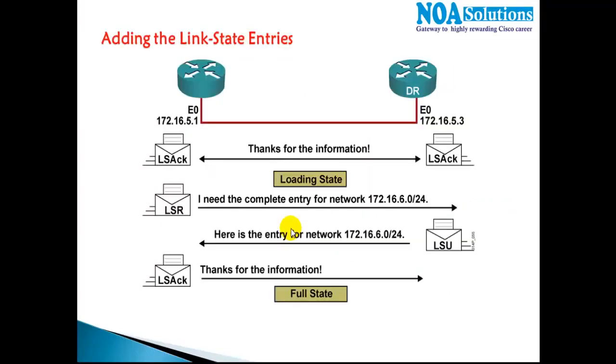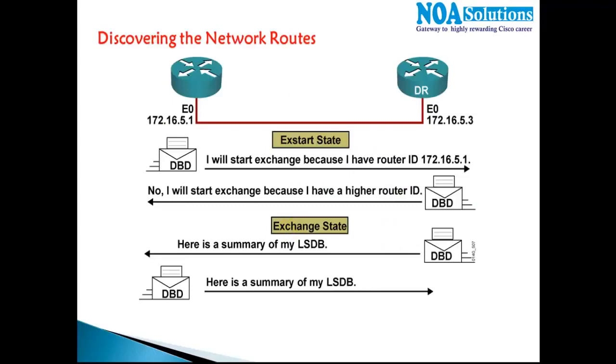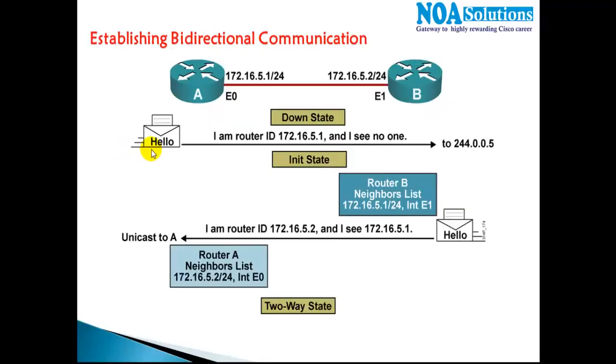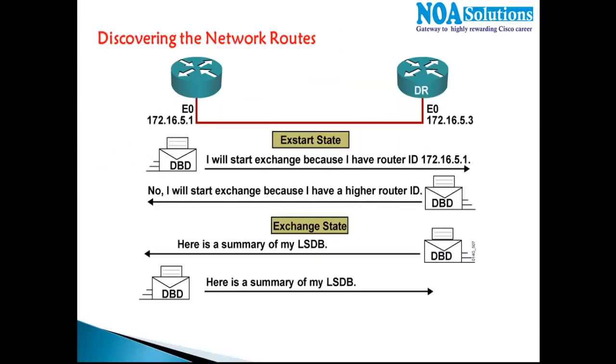So understanding the router ID is really important before you go ahead with the extract stage. Like the fourth stage, if you remember, we have discussed three previous stages: the down stage, the init stage, and the two-way stage. Now the next stage, the fourth stage, will be the exstart stage, where they will decide who will start the exchange